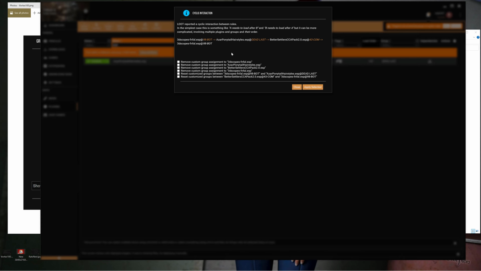With the rules, you're adding mods, removing mods, going between different game saves and profiles, starting new games, and even if you don't have the mod, the rules are going to stay in there. So all these rules start piling up in Vortex, and all of a sudden you go to clean it out,